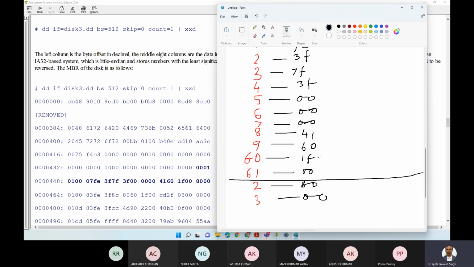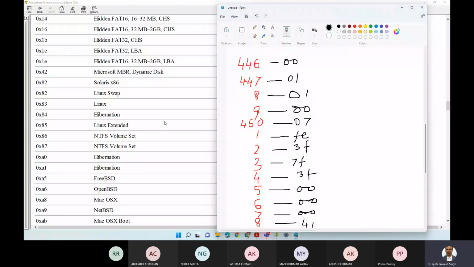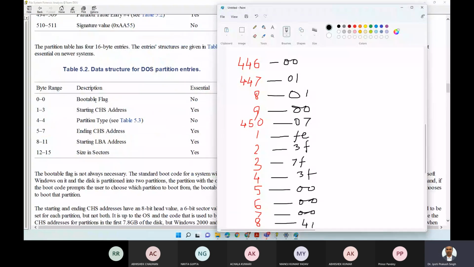अब देखो क्या है जो यहाँ बोल रहा है, जो वैल्यूज थी देखो, इट वाज कि पहला जो 00 होगा वो बूटेबल वैल्यू दिखाएगा। सो पहला बाइट, पहला 0th बाइट जो है वो बताएगा कि ये बूटेबल है कि नहीं। तो ये 00 है, इसका मतलब है कि ये बूटेबल डिस्क नहीं है, राइट? ये ना कि पहला पोजीशन का जो बाइट होगा वो बताएगा कि ये बूटेबल है या नहीं है। इसका वैल्यू अगर 00 है तो इसका मतलब है कि ये बूटेबल नहीं है।